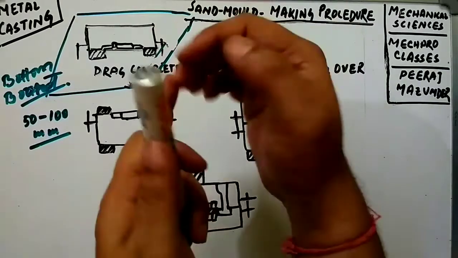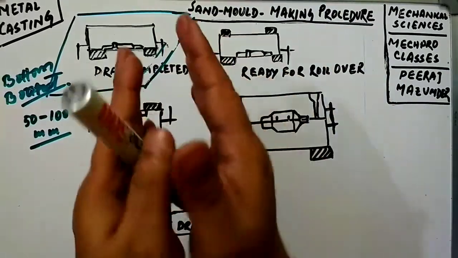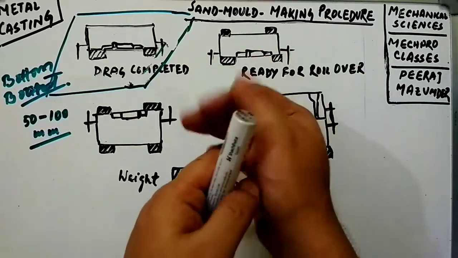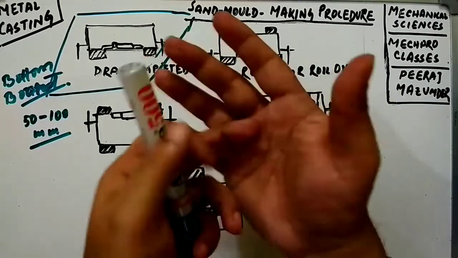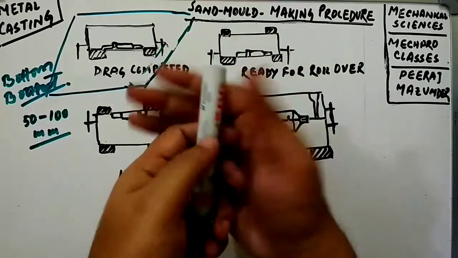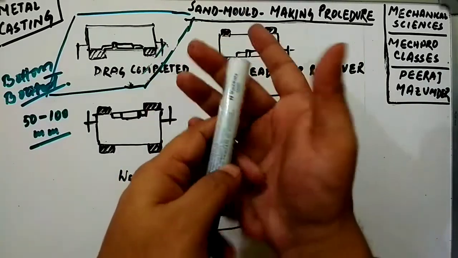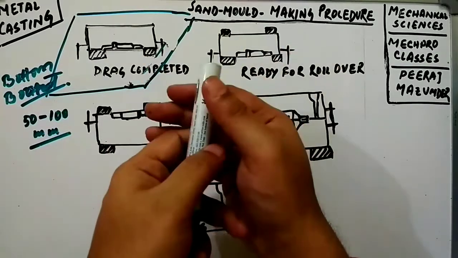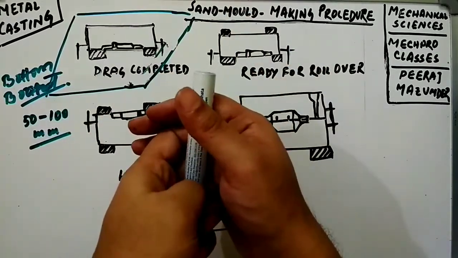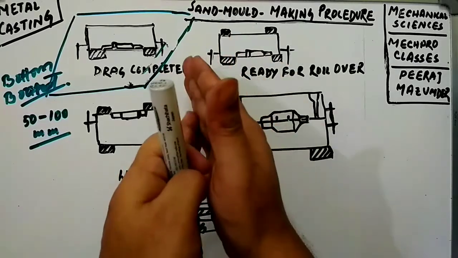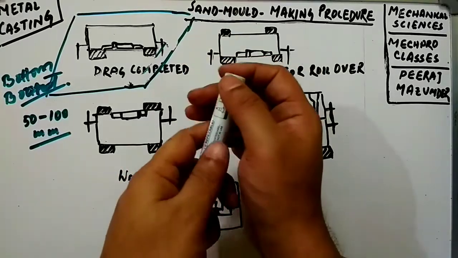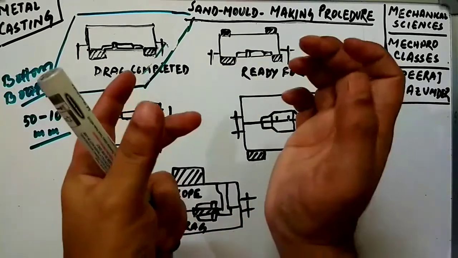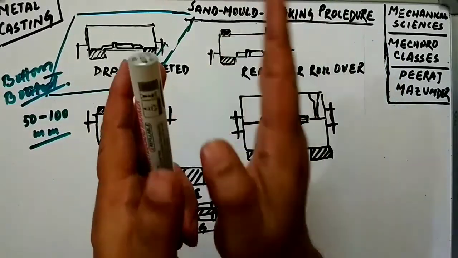Now, freshly prepared molding sand. The preparation of molding sand is also very important. I will discuss in another class how to make the molding sand and the proportions. You already know silica, moisture and clay are the main principal ingredients of molding sand, and I will again discuss the exact proportions later. For now, just keep in mind that freshly prepared molding sand of requisite quality is very important for a sound casting.